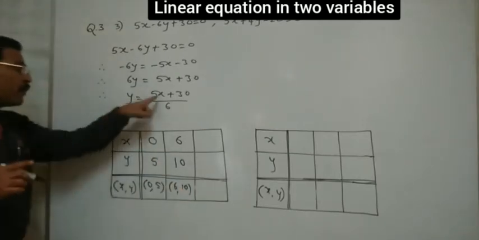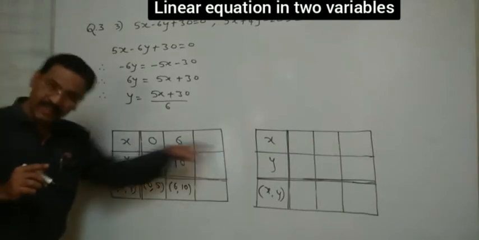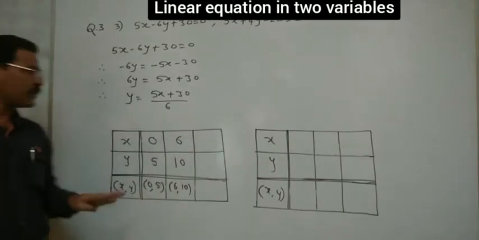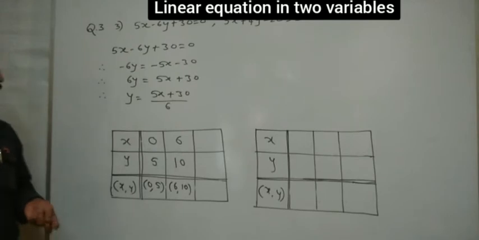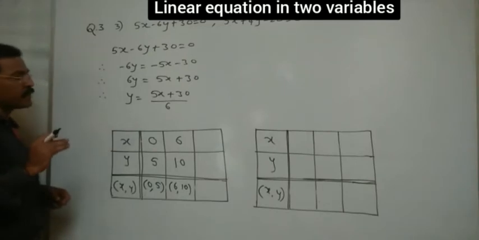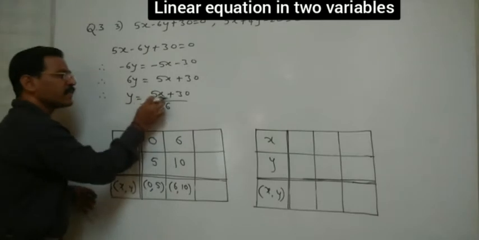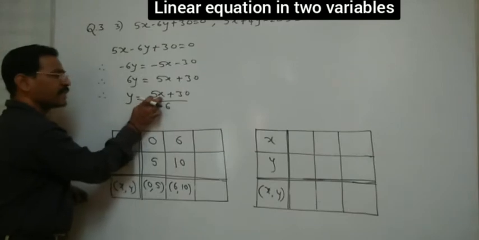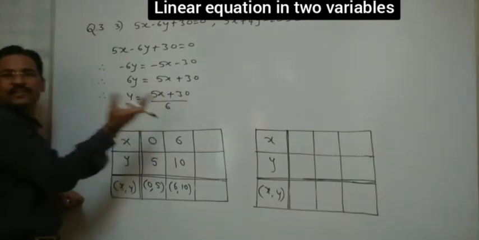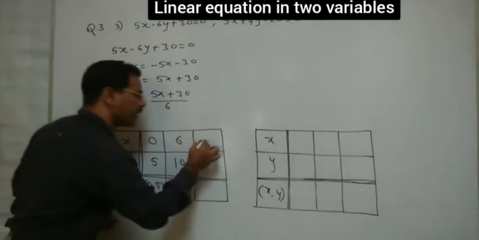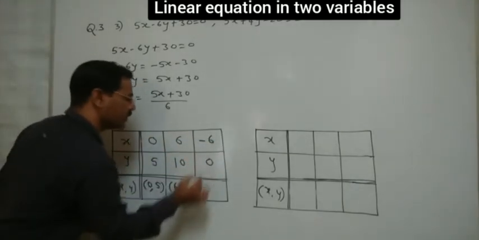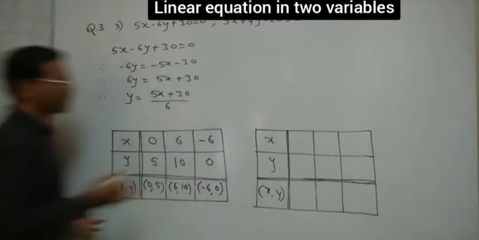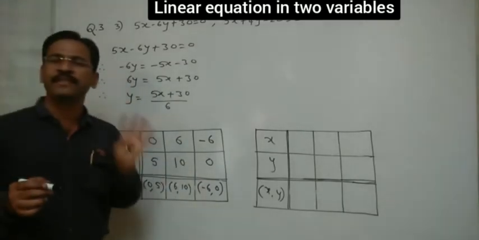Look here, I'm going to put the value of x here. So write the x value first. Don't make any kind of confusion. One more value we have to put over here. Suppose I put here minus 1. Minus 1 is not okay. If we put here 6, no. If we put here minus 6, then minus 30 plus 30, 0 becomes. So put here minus 6. 6 5 is 30. That is minus 30 plus 30, 0. 0 upon 6, 0. So if we put here minus 6, we'll get here 0. Like this. Understand? Very simple it is. Only the carefulness is very important.